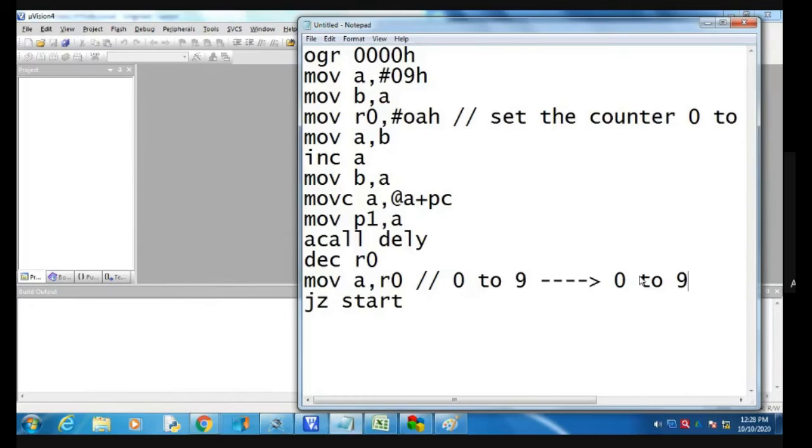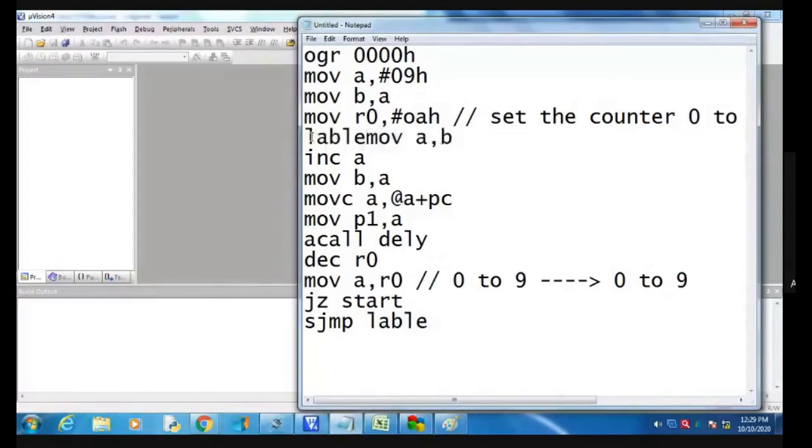Okay, so we have to move this R0 status into the accumulator, and then we check whether R0 is 0 or not. And then after that we have to define the jump sjump for the label. Where we have to define this label? This label is considered for here.